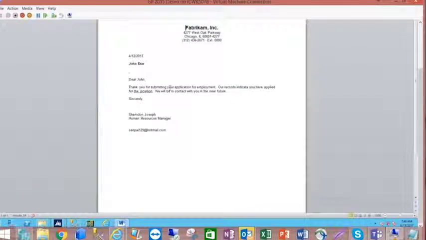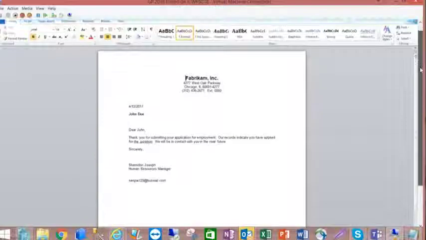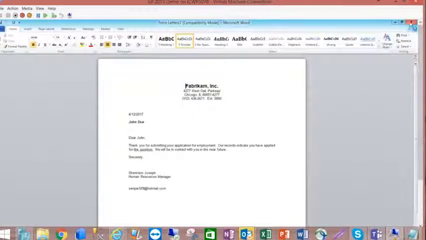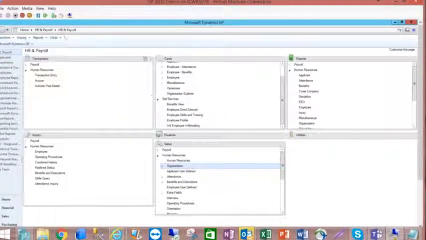Right. So it says thank you for submitting. Our records have indicated that you have applied to position, and these are templated letters that come with Microsoft Dynamics GP, and like I said, you can create your own and add in your own templates or edit these templates. Okay, now that pretty much covers it for applicants. Now my applicants will then move across to my employees,